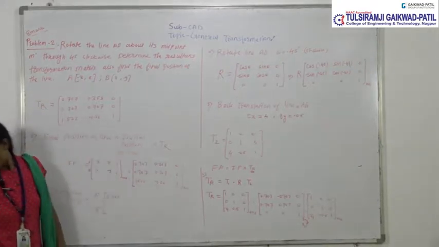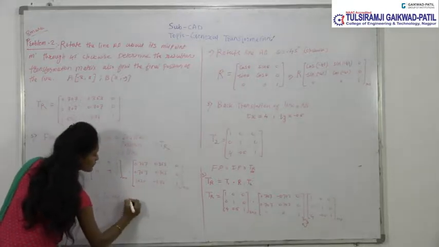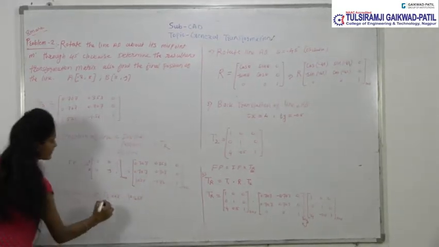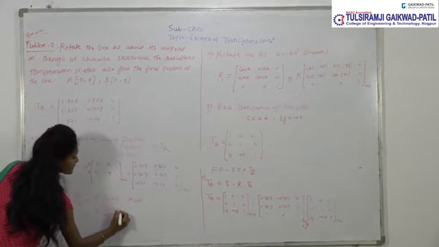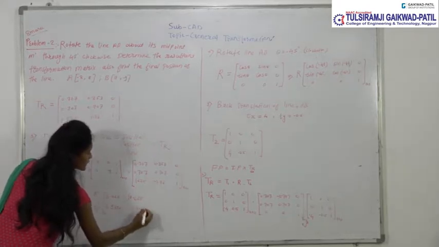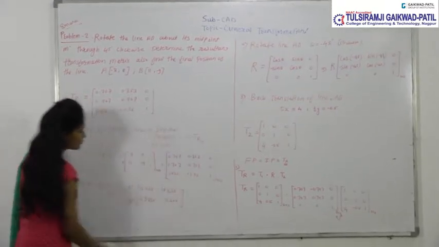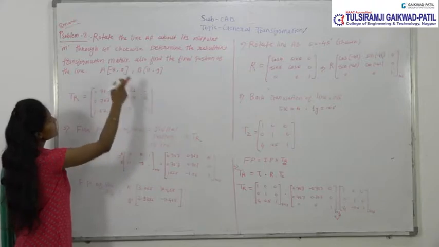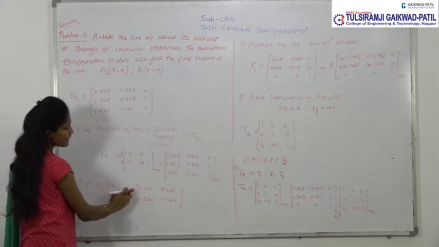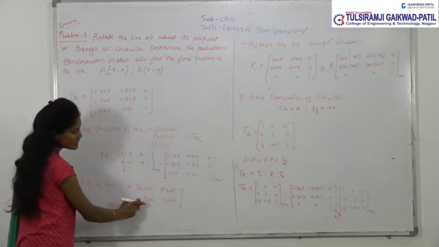After calculating in the calculator, we will get the final position of line as 5.065, 10.458, 2.9395, and minus 11.465. So we can write 1 for the 3 by 3, but there is no need for this value. So the final position of line, after rotating this line about the midpoint, is A dash having coordinates x and y, and B dash having coordinates x and y.